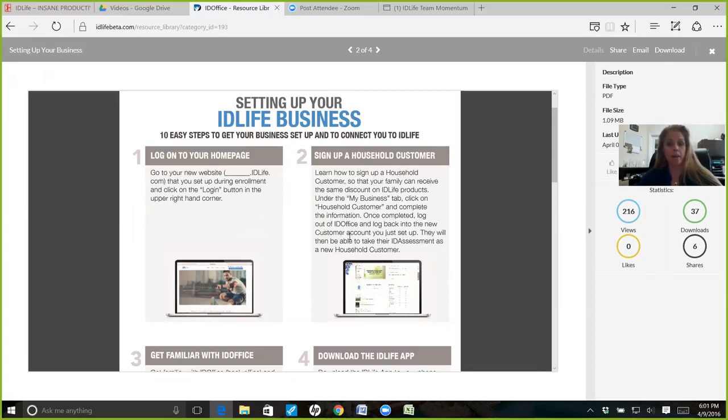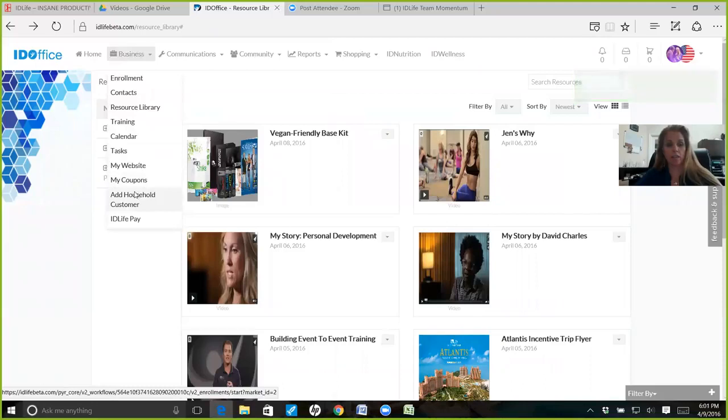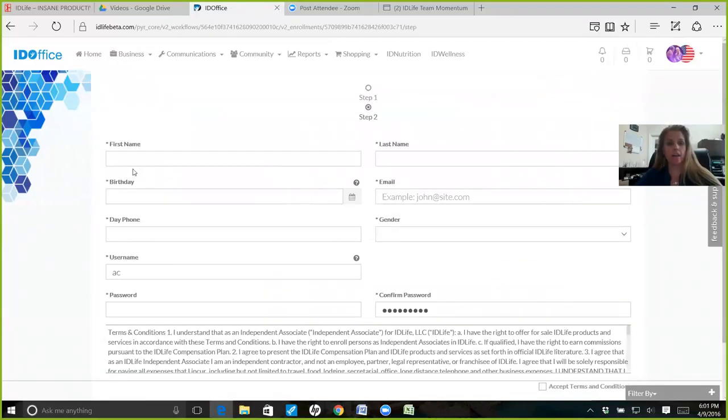So setting up a household customer, what you're going to do is you're going to go to your website, and then under My Business, you will see Add a Household Customer. Okay, so you're going to go ahead and click on that, and then you will set up, most people do their spouse first. So you're going to enter in all the information, create a username and password for your spouse,